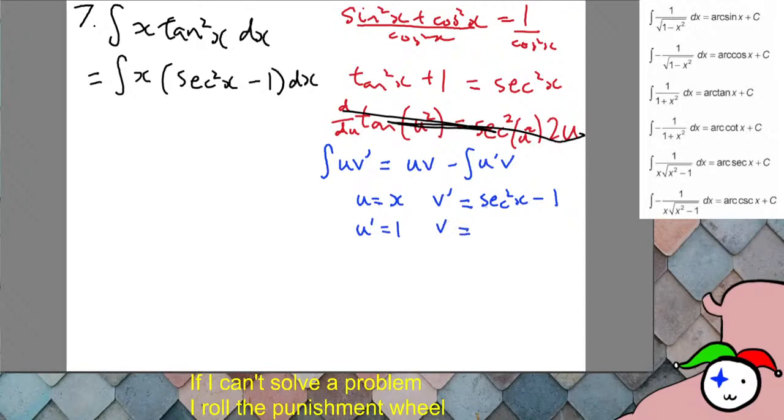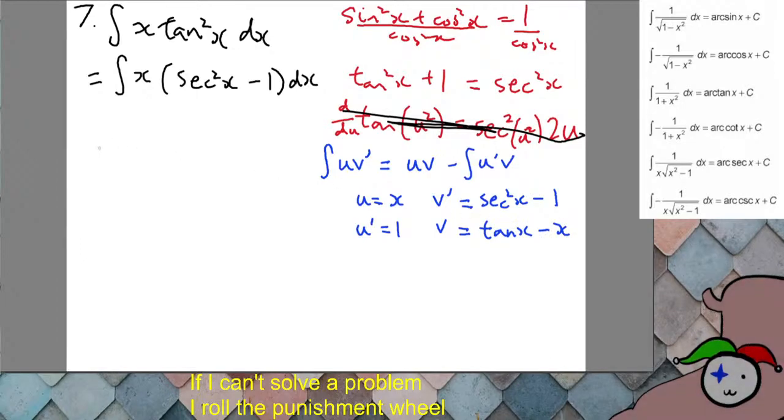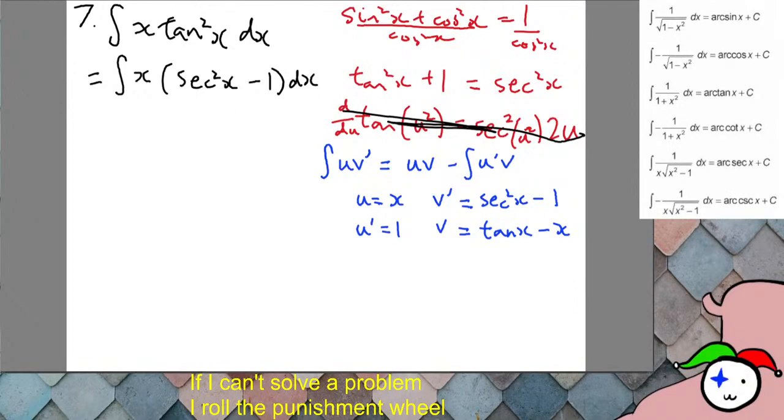We know the derivative of tangent is secant squared, so this gives you tangent of x minus x. Okay, so I guess then this returns to you x times the tangent of x minus x